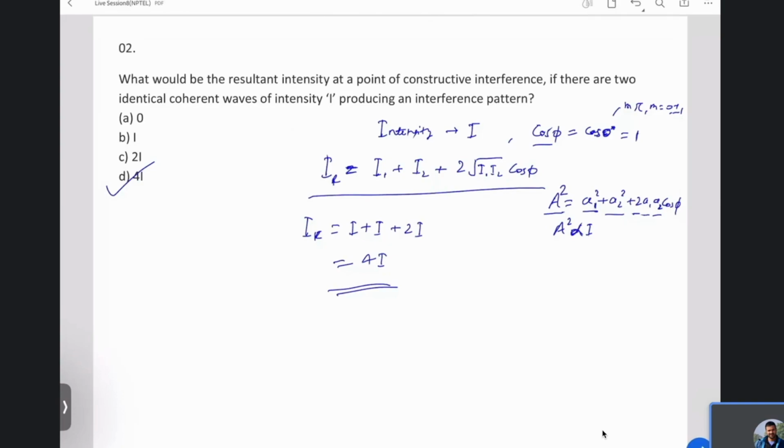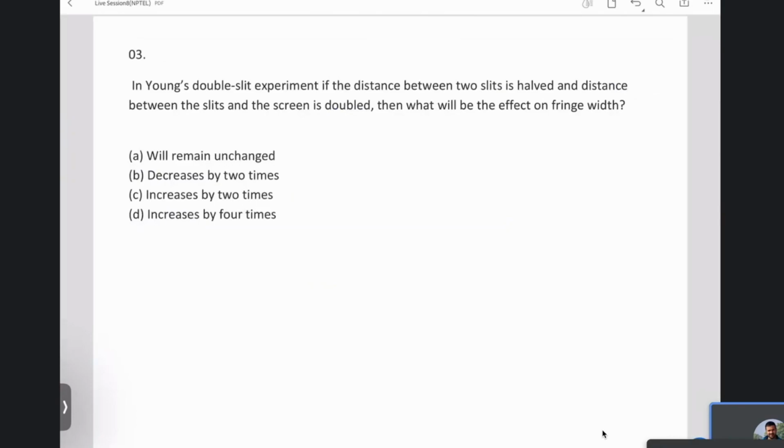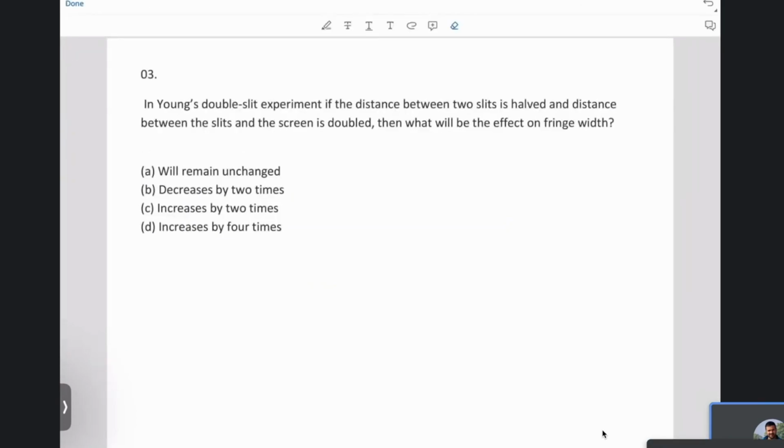Okay, if you don't have any question, then let's move to the next problem. Here again we have a question on Young's double slit experiment. So this you have to answer, okay? In Young's double slit experiment, if the distance between two slits is halved and distance between the slits and a screen